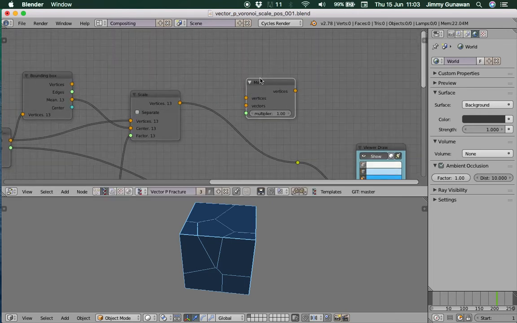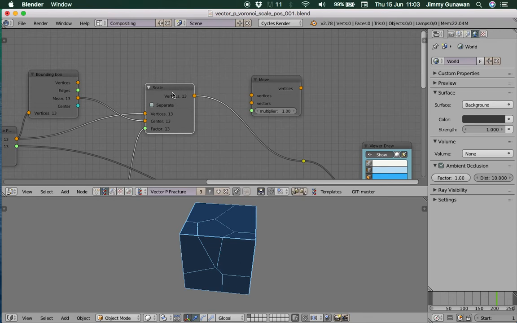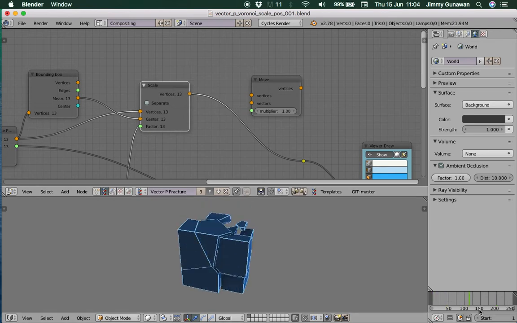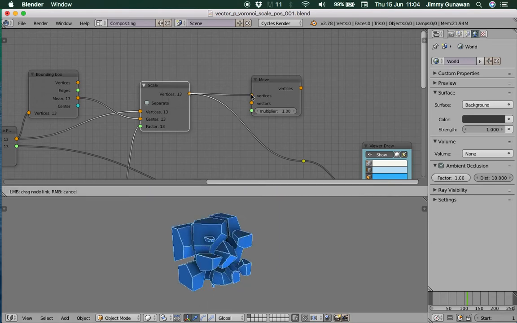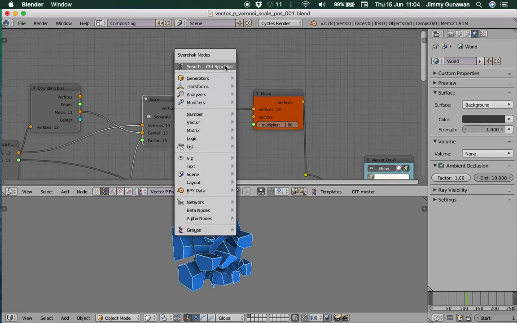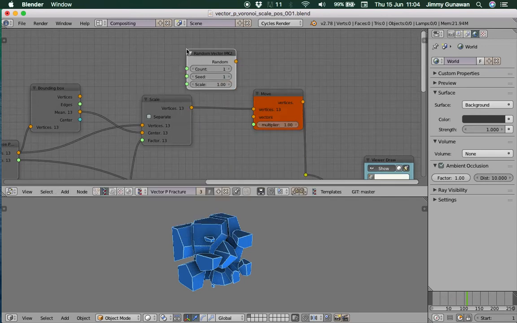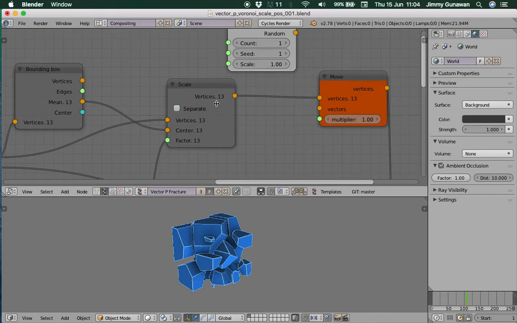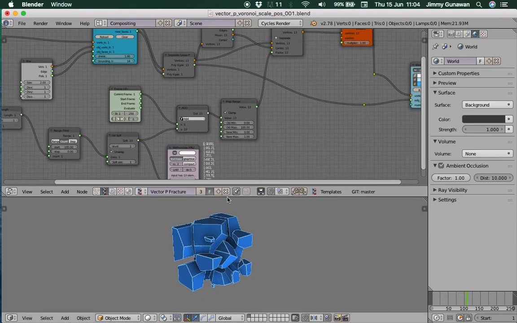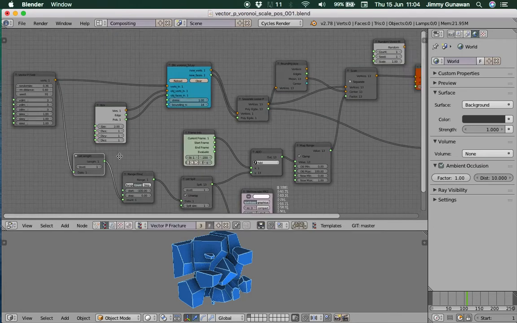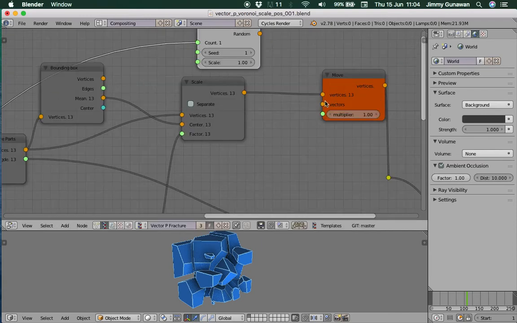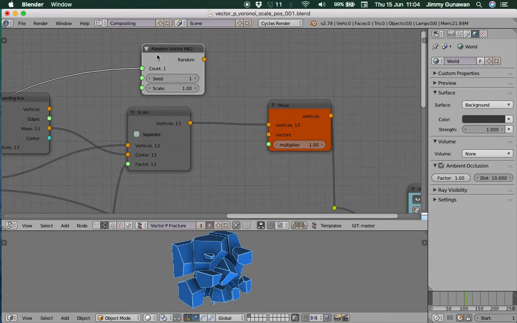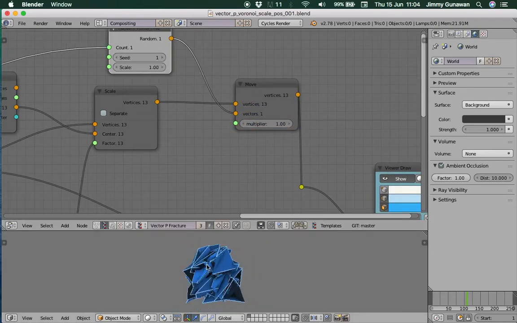This is the one that I want to talk about. Is the move. We already play around with the scale for each fracture, but let's say we want to move each and every fracture, so we can do the same thing basically, something like that. So if we provide like a random vector, currently we have 13 here. I'll quickly assign the list length output into the count, so we know there are 13 number, and we want to generate 13 different random vector. If we plug that in into this guy, we should basically,